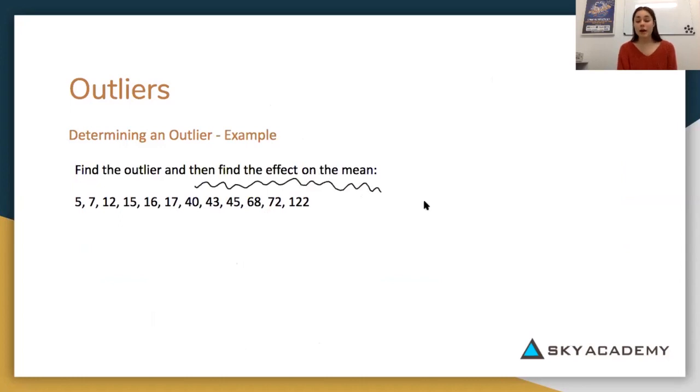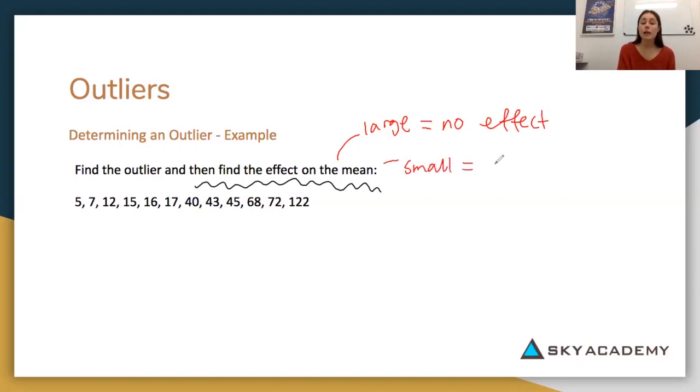Now they've asked us this because if you have large sets of data, then the outliers will have little to no effect. They might have a tiny effect, but generally they'll have no effect on the mean or the measures of central tendency. Whereas if you have a small data set, it will have a great effect on the mean